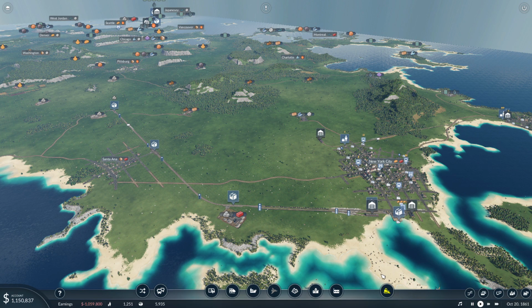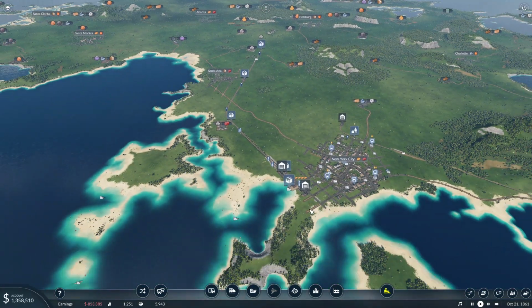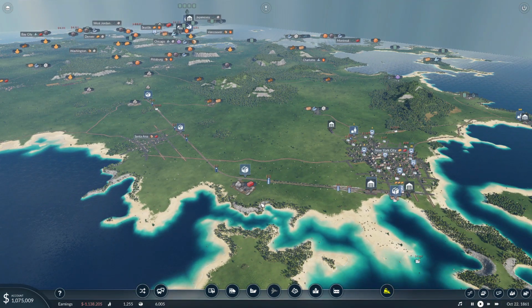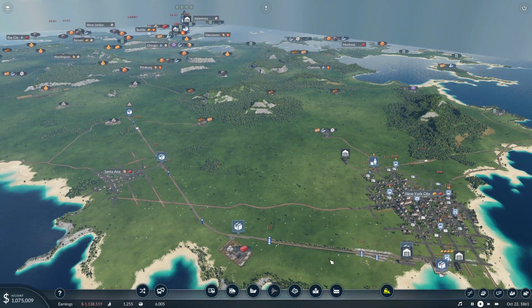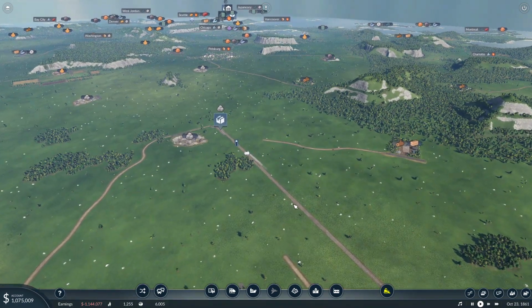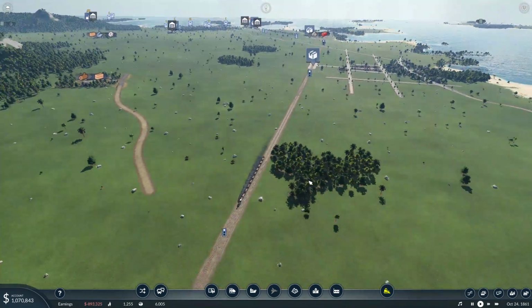Well, welcome back. This is Transport Fever 2. We are playing America Island, and we are building an empire of transit. That's as George Bush would say, of course. What happened last time? Well, last time we built this really nice train line here from New York City all